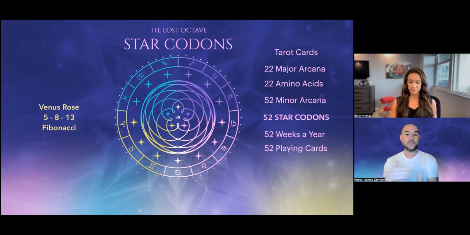So it's the entire set. And as I said, I just found a few extra star codons since we've been doing this. So that's bringing it up to, which I predict, probably going to be 56, right, to fully anchor this. These are the sort of things that if you're used to divination, you use cards or tarot, or Fibonacci sequences in any of your work and research, you can see that the star codons are harmonically activating all of this also.